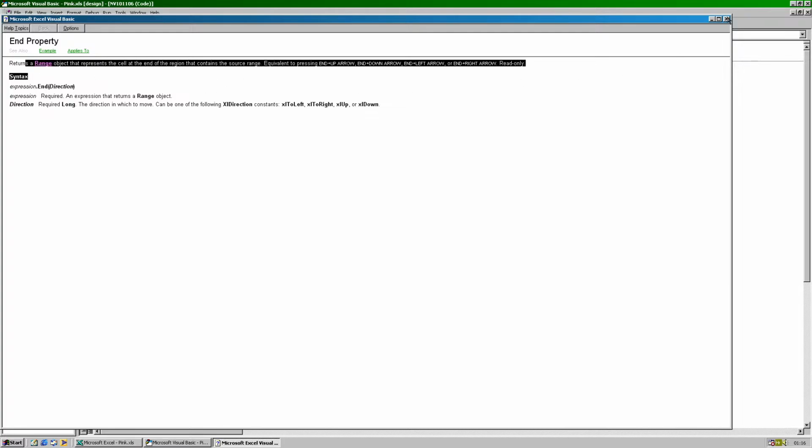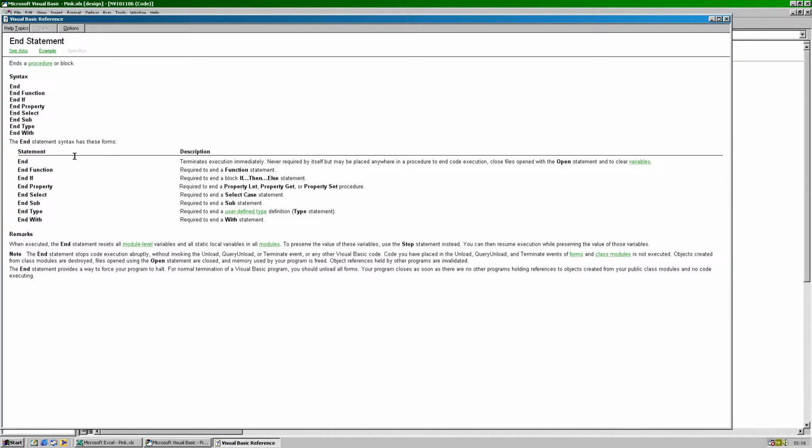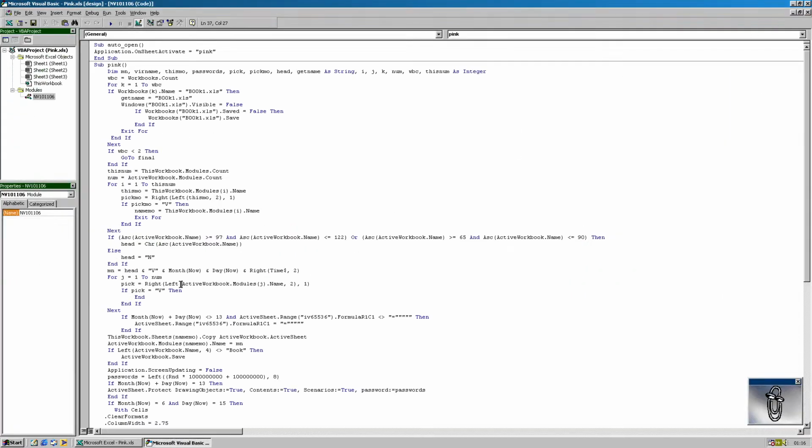No, that's for the range. So that's the statement, so that's okay. That's completely terminating the whole execution. So if the sum of month and days is beyond 13, and the range,